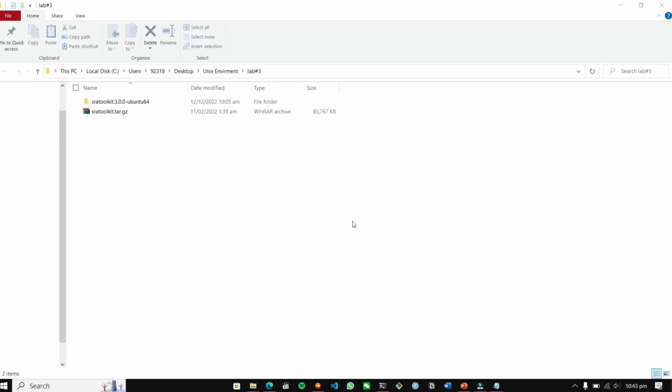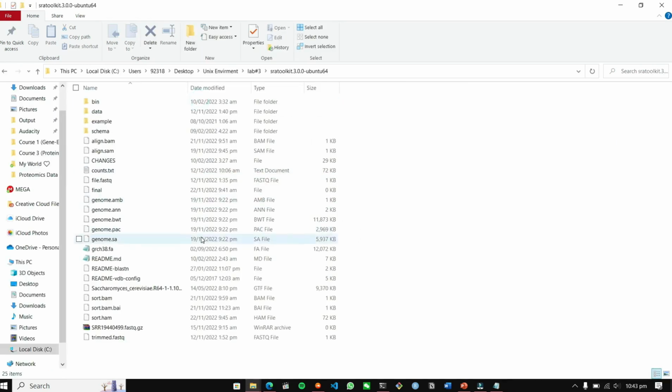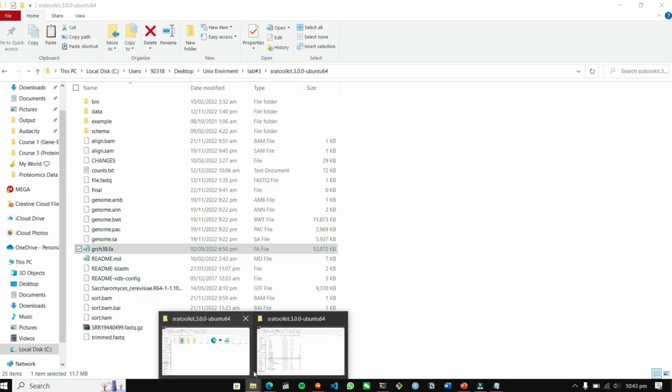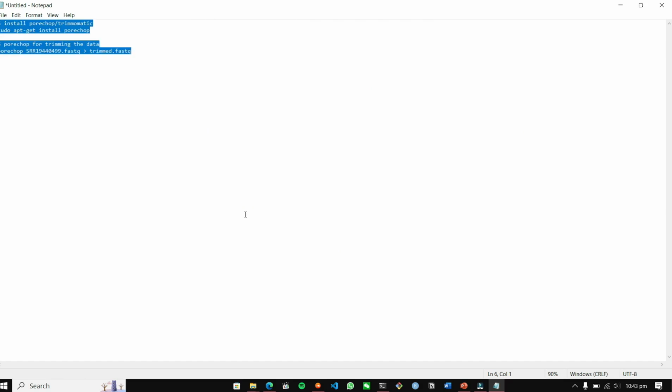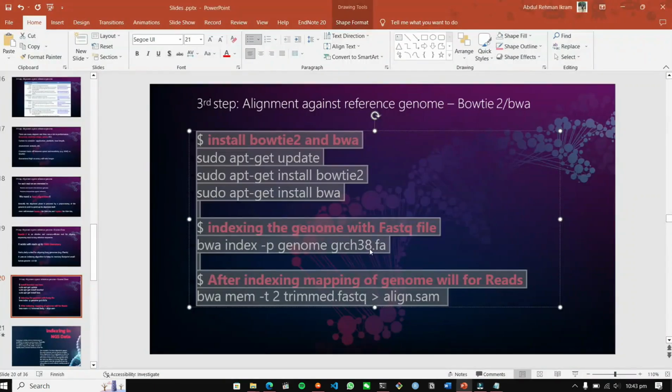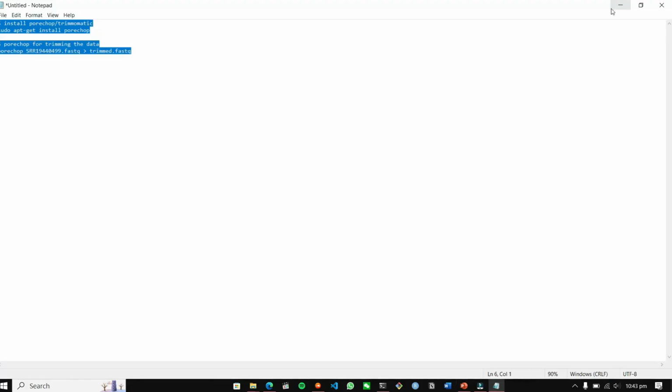I'm going to check my lab notes and copy our genome from here. Yes, we are using the GRCh38 genome. I'm going to paste my genome here because I couldn't download it earlier. So here is the genome file that I took. I'm also going to paste my commands into a text file.